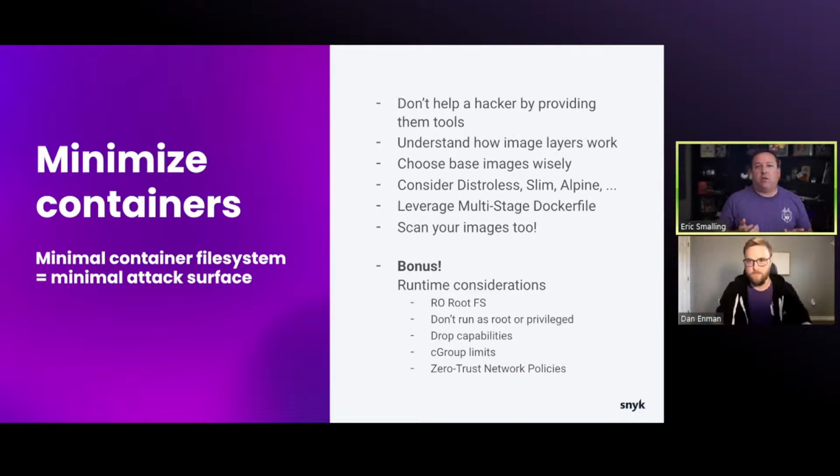You might also take a look at Debian has slim images, which are not quite as drastic as distroless, but they are slimmed down and much smaller. Alpine is another interesting one to look at. Alpine started before containers became popular as a small footprint OS that has a kind of a nod to security because of the small footprint. It doesn't use glibc, it uses musl C, so you can make sure that works for your